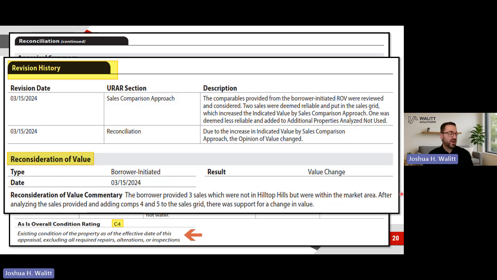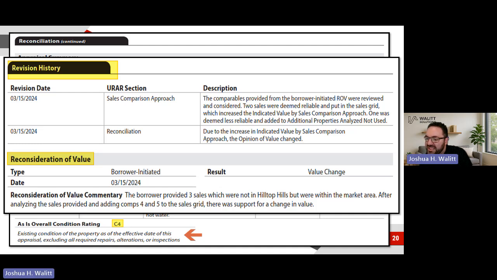And remember, we could also refer them to the properties analyzed but not included as comps section if, as a result of reconsideration, we thought, let me spell it out property by property and address why I didn't include them, or why I've now decided to include this one, or something like that. Okay, so kind of a more formalized area for most everything we could think of, right? Let me take a look.